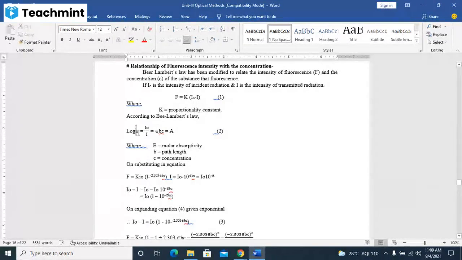Log to the base 10 I0 upon I is equal to epsilon BC is equal to A. A मतलब क्या है? Absorbance. Epsilon is the molar absorptivity. B is the path length, C is the concentration. On substituting in equation